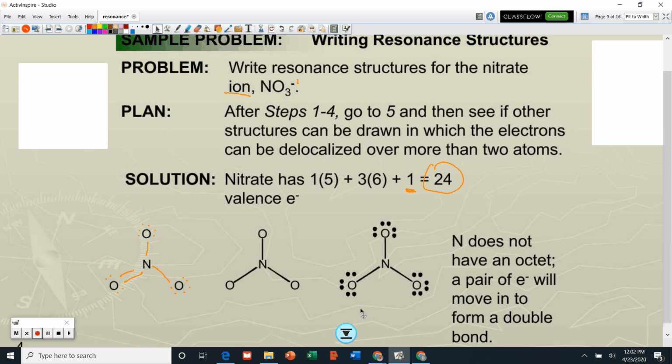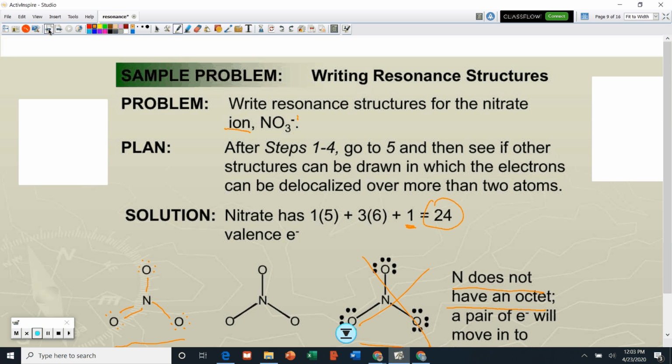And so why is this structure better than this one? All right, well, the reason why is because in this structure, nitrogen does not have an octet. So we have to have an octet. So we moved one of those pairs to form a double bond. Now, what resonance means